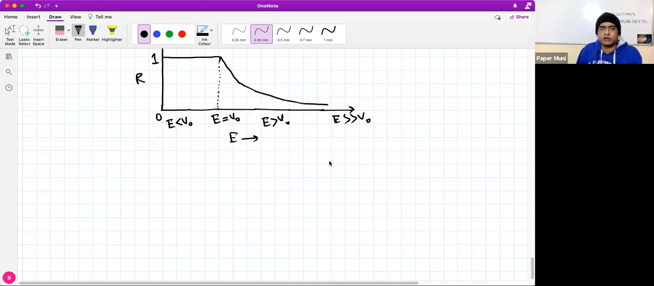All right. Similarly, if we take the transmission coefficient,